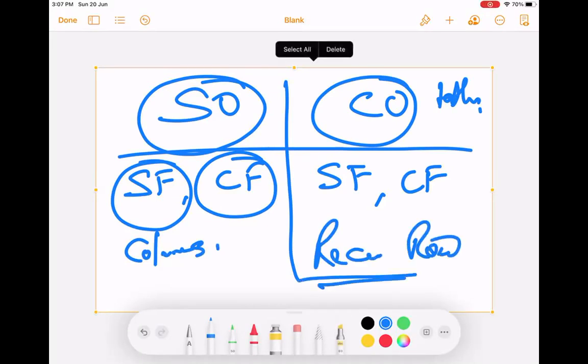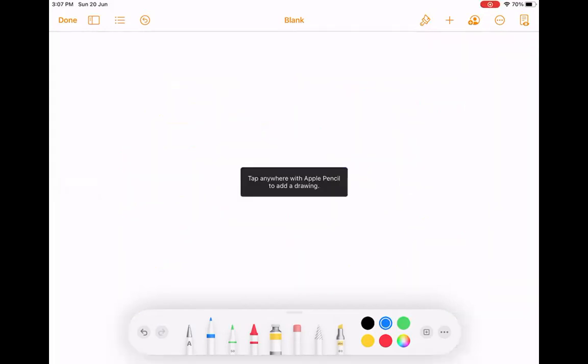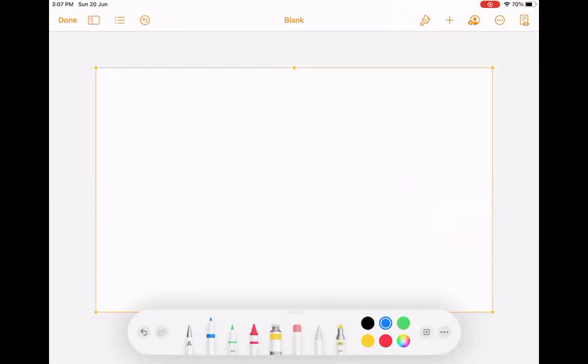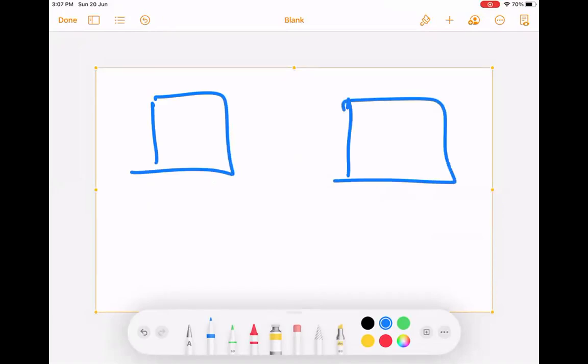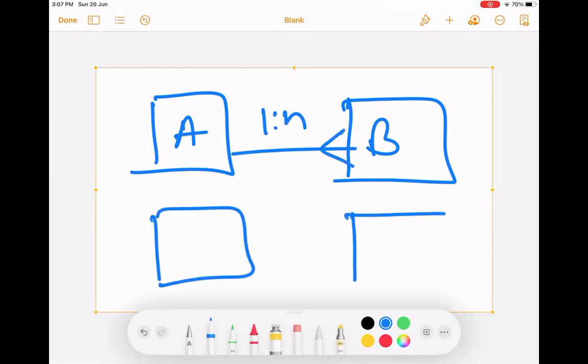So now today, and even in the last session yesterday, what we saw is that there can be two objects, object A and object B, and there can be different kinds of relationship, right? One to many, or many to many.